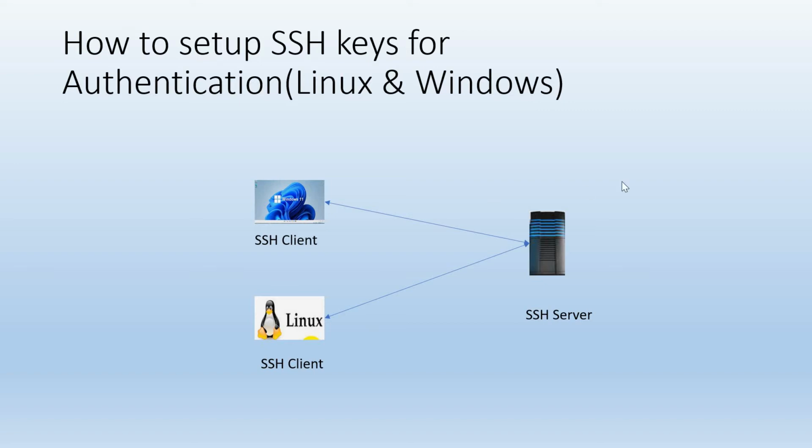In the last video, I have shown how to set up an SSH server, and also we have seen how to configure the SSH server to run on a different port other than the default port 22, and we have enabled the password and public key authentication. We also have seen how to connect from client to server using password authentication in the last session. So in this session, I would show how to perform public key authentication from client to server.